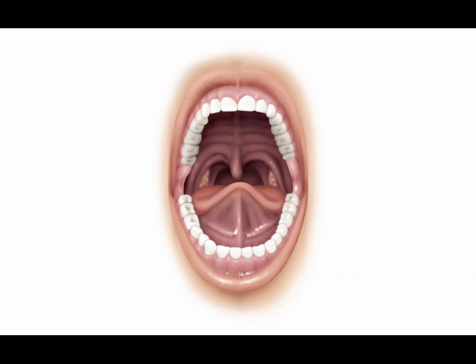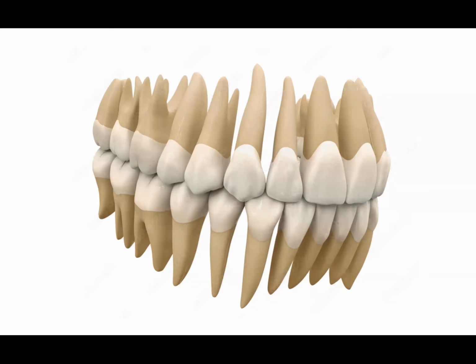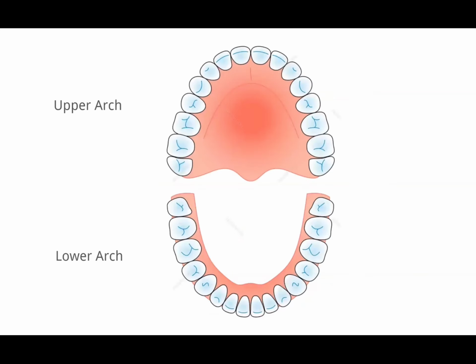So let's get started. Obviously there's more to the teeth than what we can see. We have root systems and there's bone and gums, but right now we're just going to focus on the part of the tooth that we typically chart on the patient's record, and that would be the dental arches. So we have an upper and a lower arch,